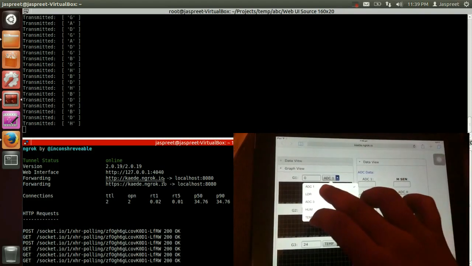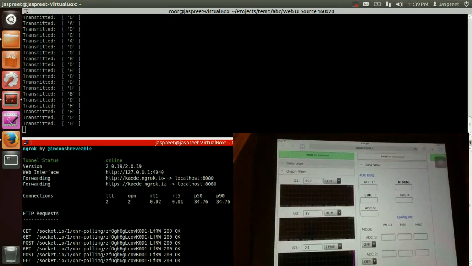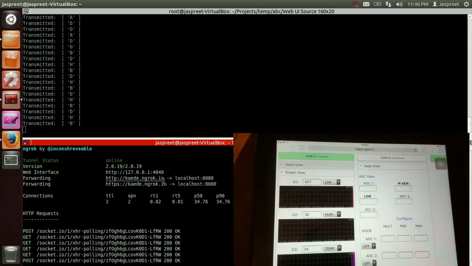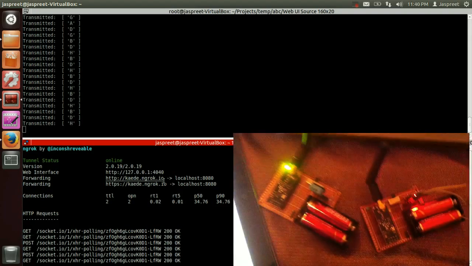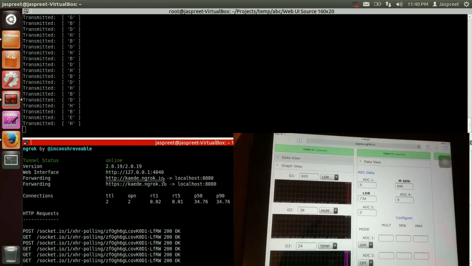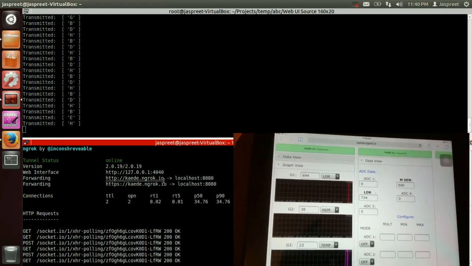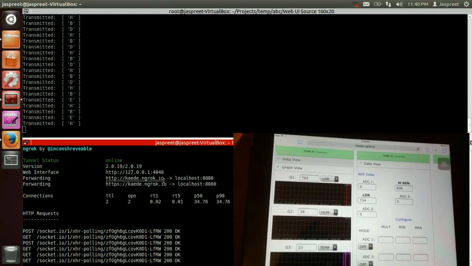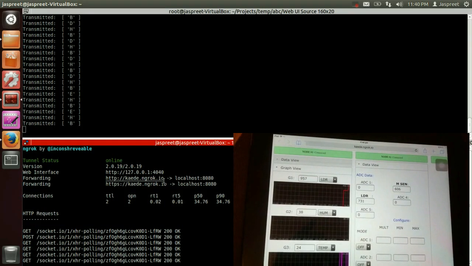Let's connect node 1 to the LDR. I will turn node 2 on as well. So node 2 is connected as well. I will place my hand over the LDR, and we will see the data values change. As you can see, it is now 962, 957.